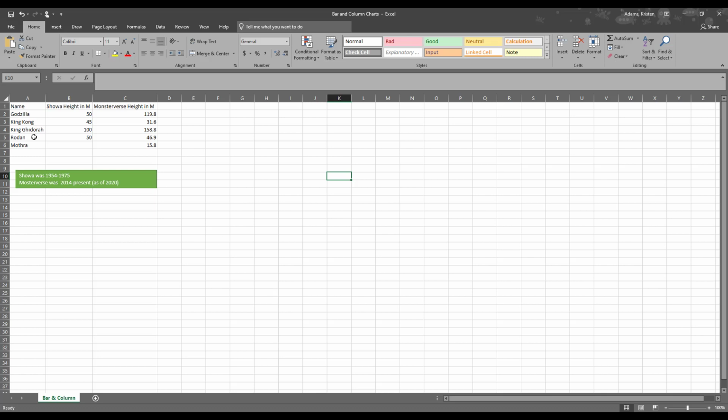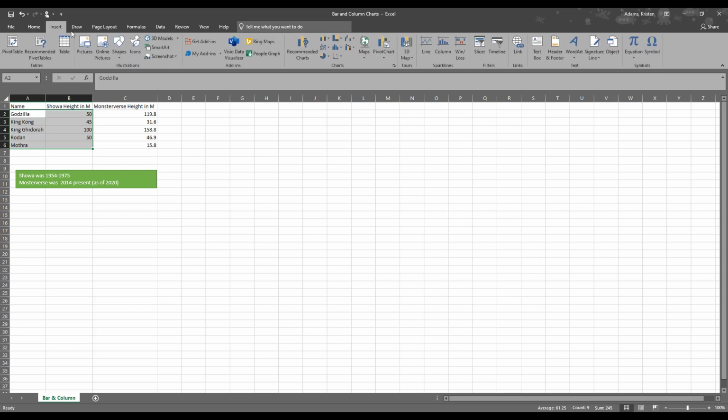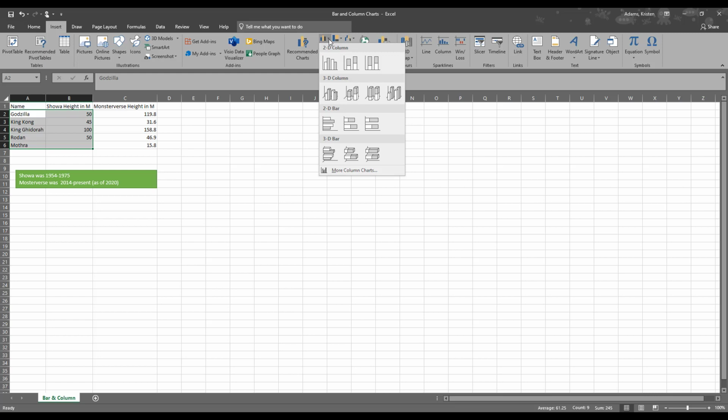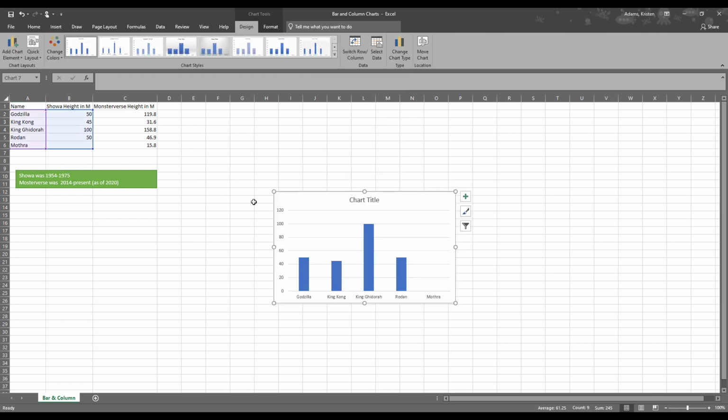So let's start with the Showa era graph. We're going to highlight our data, so the names of the monsters and their height. We'll leave off the headers here and just do the data. And we will go to Insert, and then in the Charts group, we'll click on Column Chart. Okay, so now we have a basic graph. It does show what we want it to show. We've got the names of the monsters down on the bottom and then the height over at the side, but